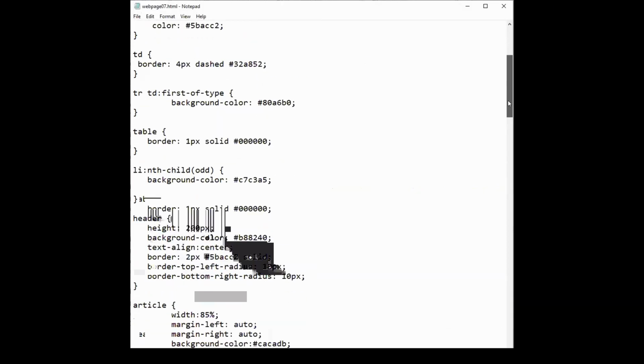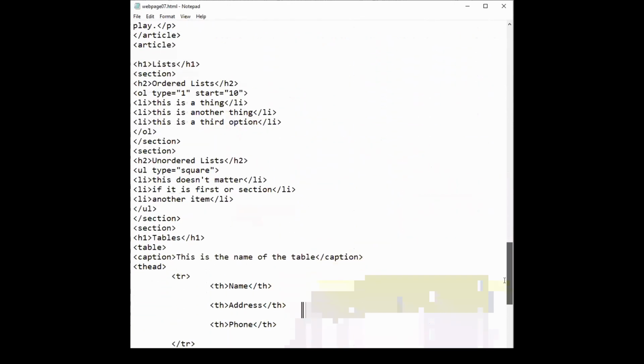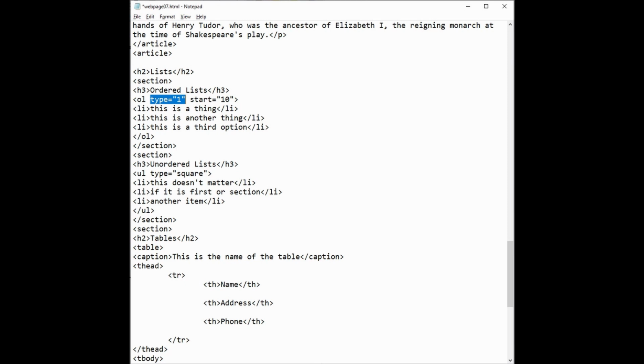Let's go down to where we have our ordered lists at the bottom here. This one, because we're just using normal Arabic numerals, we really could take that out and it would be just fine, but we could also use CSS to change that to a different type. And then this one, we have changed that from the default, and so we probably want to make sure that we keep that changed so that we maintain the look of the page that we had coded in here. But we're not going to do it in that way. Instead, we're going to go up